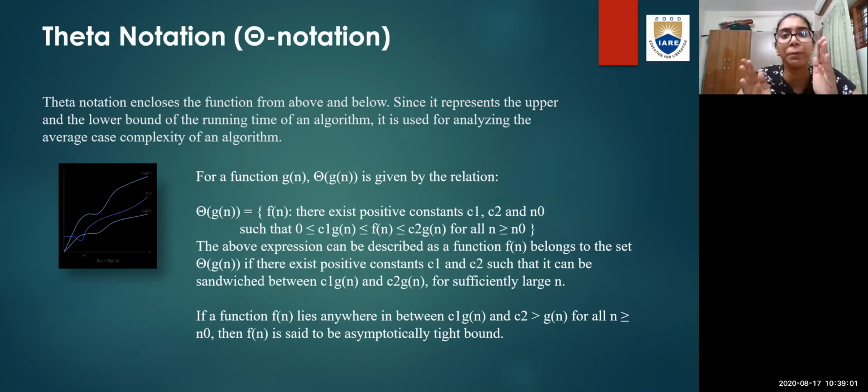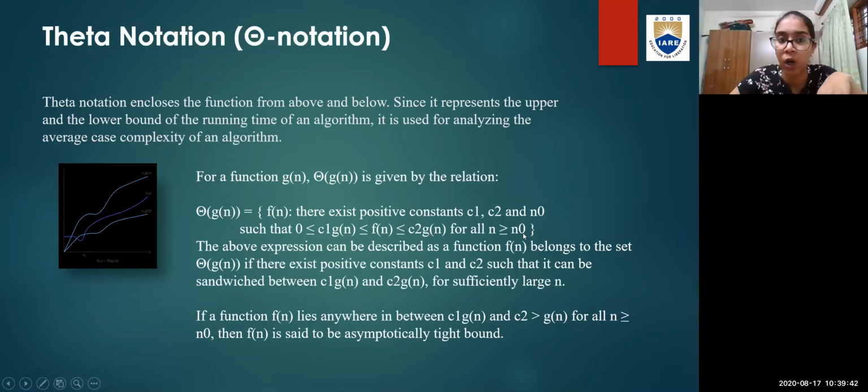Basically, you can say it will give you the bound of a function, since it represents the upper and the lower bound of the running time of an algorithm. It is used for analyzing the average case. Now, whenever you want to analyze the average case complexity of an algorithm, we use theta notation. For a function g of n, theta of g of n is given by the relation theta of g of n is equal to f of n if there exists positive constants c1, c2 and n naught, such that your f of n lies in between c1 into g of n and c2 into g of n for all n